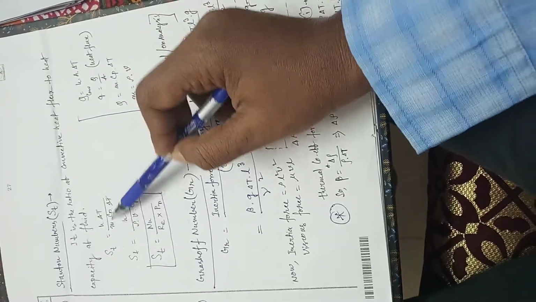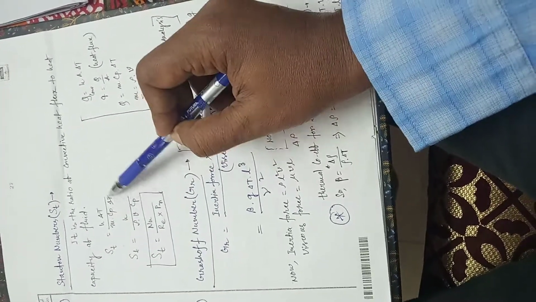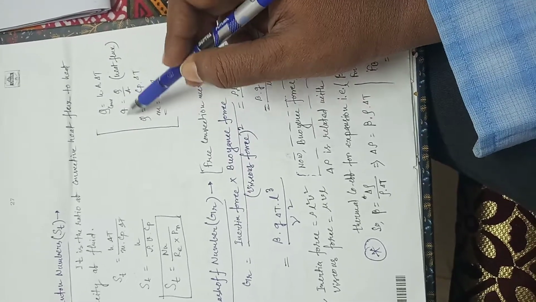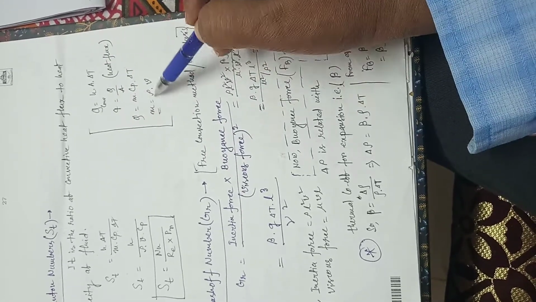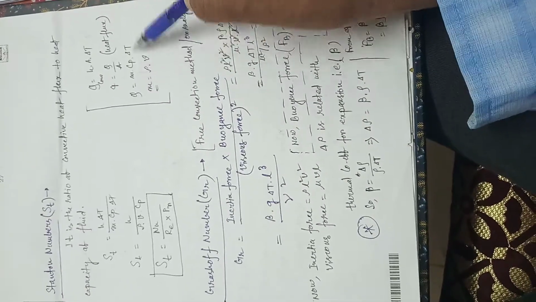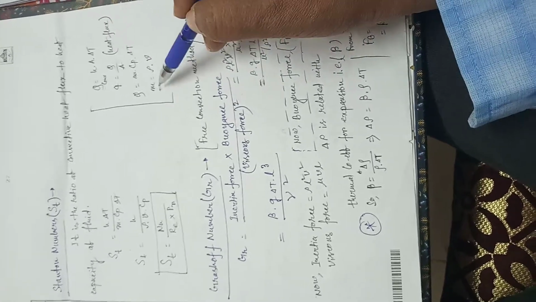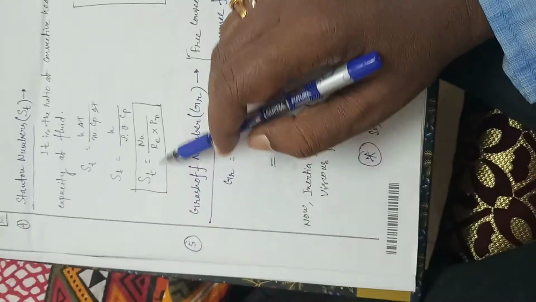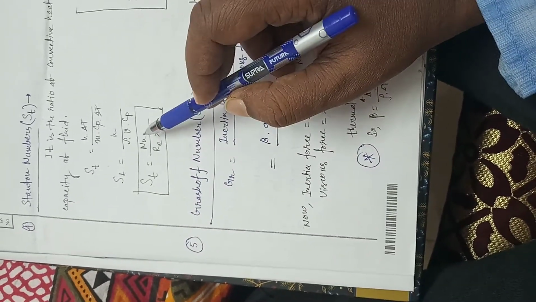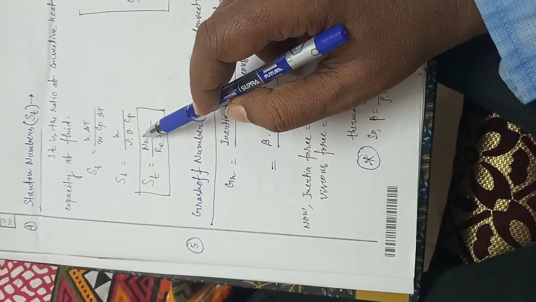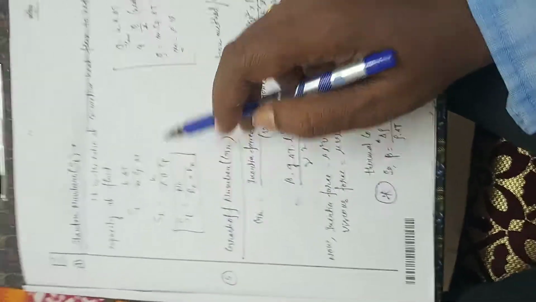And m Cp del T, we know, is the mass of the liquid, specific heat, and temperature difference. Look, Q equals h A del T, and small q, that is capital Q by A, is the heat flux. Similarly, Q equals m Cp del T is the equation for calculating the rate of heat transfer, and m equals rho into volume. Okay, simple. Now the Stanton number is defined as the Nusselt number divided by the Reynolds number into the Prandtl number. It is a number which relates the Nusselt number, Reynolds number, and Prandtl number.